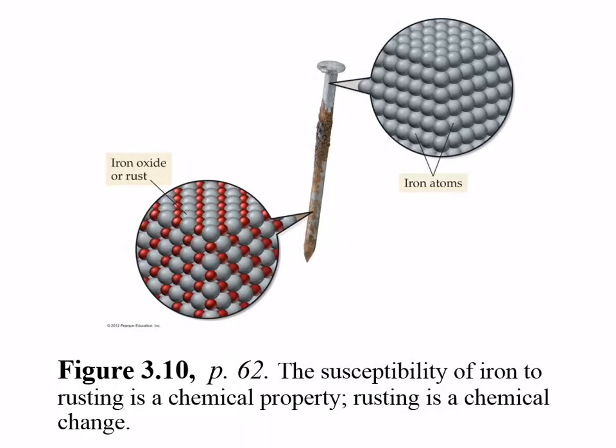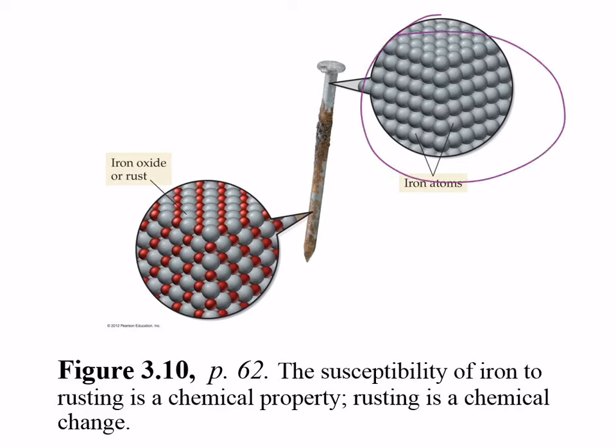When I looked at this, it kind of reminded me of when you guys did the iron and you put it in the blue solution, and in the blue solution was copper, and you said the copper plated on the iron. That's kind of what it reminds me of. But it's not. If you read the caption, it's iron that is reacting with oxygen to form iron oxide, or rust. So what your author's done is at the top here, you can see the cute little iron atoms huddled